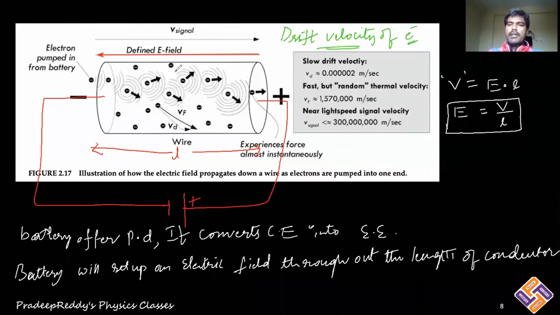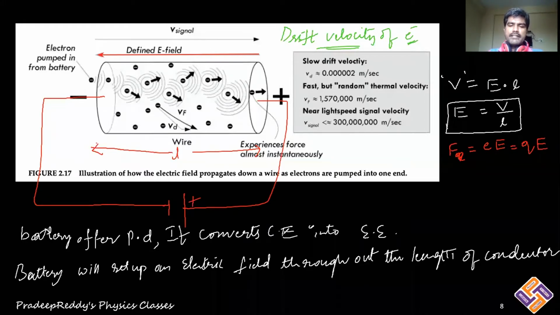And as there is an electric field over here, what would happen to a charged particle when it is placed in an electric field? The charged particle will experience a force, and that force is F_Q or F_e, which we have already learnt, that is e into capital E. This has been discussed in electrostatics. So electric force is equal to e into E. If suppose there is a total amount of charge Q which is being transferred here, then you will write it as Q into E. Therefore, all the electrons which are present within this conductor experience a force because of the external electric field.